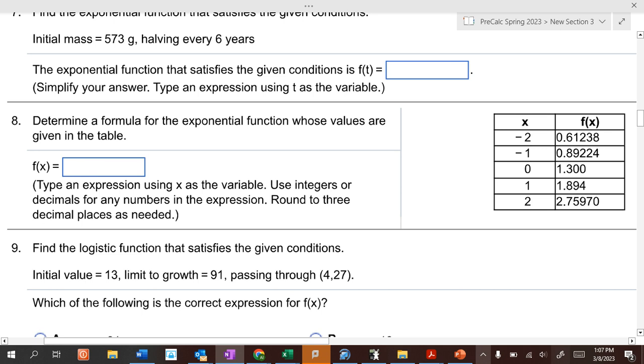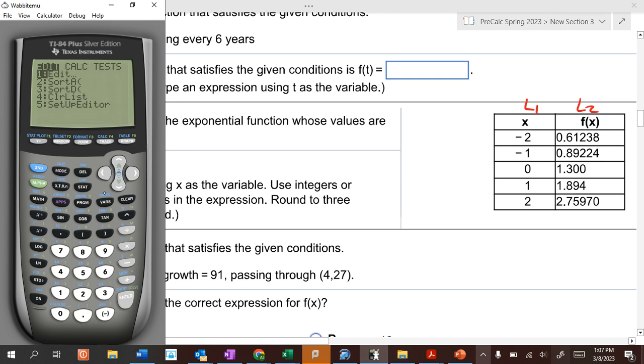If we have a table, you put it in your graphing calculator. This is L1, this is L2, and you let the graphing calculator come up with the equation for you. Okay, let's do that once really quick here. Stat, edit. Now to clear out your list, go up, push clear, and go back down again. And that clears out the list. Don't push delete, because then that'll delete your list and then you can't use it. So it's clear, not delete. So if you go -2, -1, 0, 1, and 2, and then